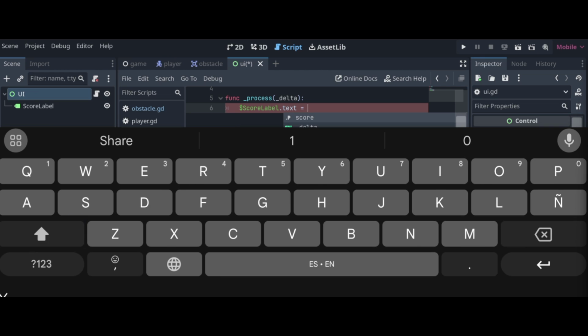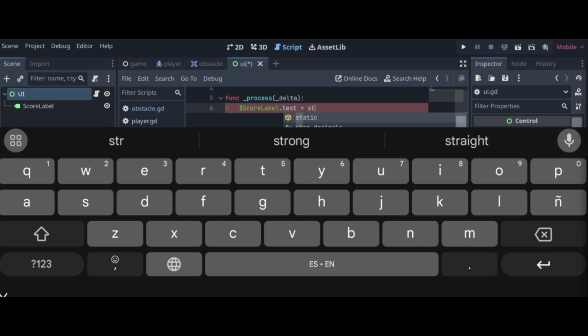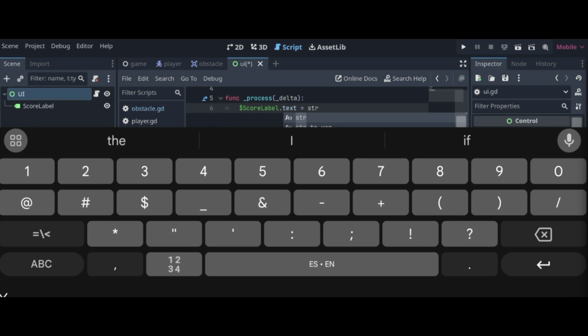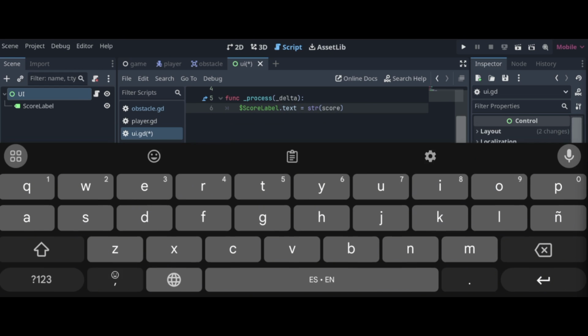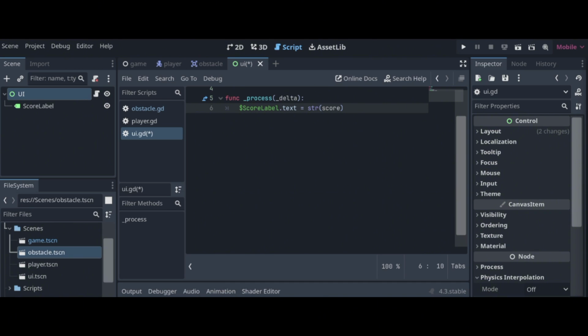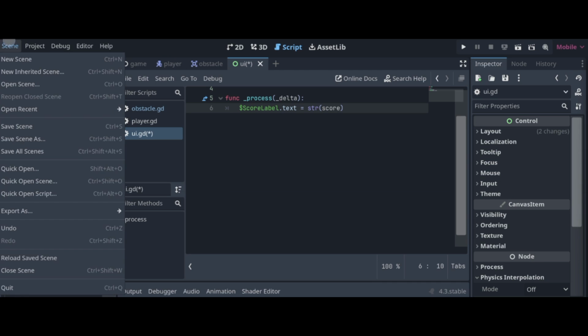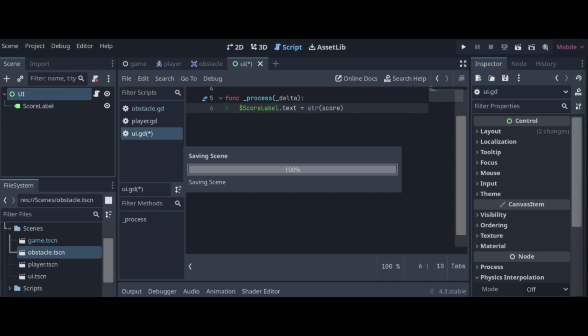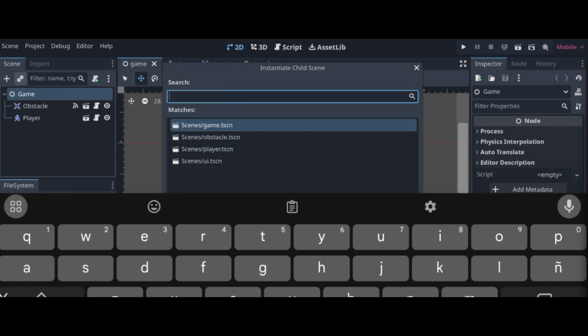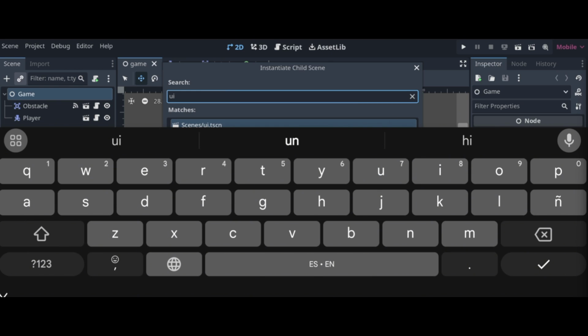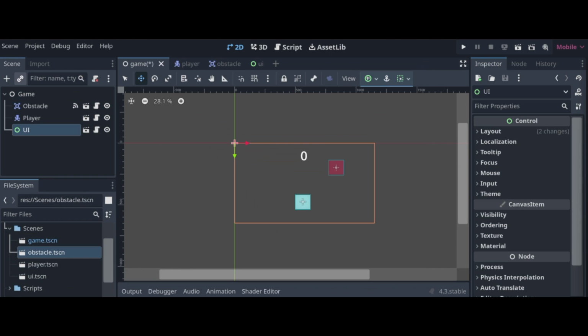So we must make sure that this is converted into a string, and to do that we simply write str, and between parentheses we just pass the variable, that in this case is just score. Okay, so we don't need many things here in this UI script. So now we can go ahead, and first of all I will make sure that my changes are saved, and I will go back to the game scene and I will instantiate with this button over here the UI scene. So now I do see it over there,